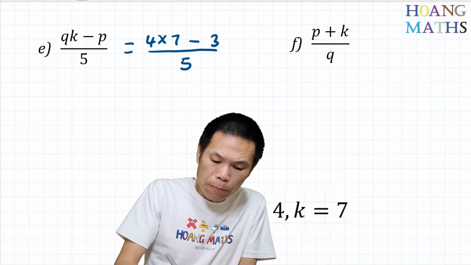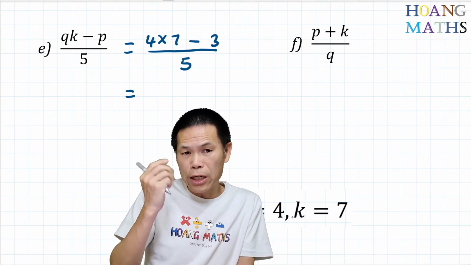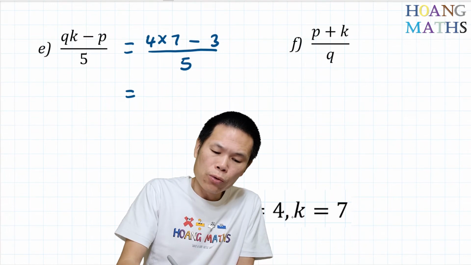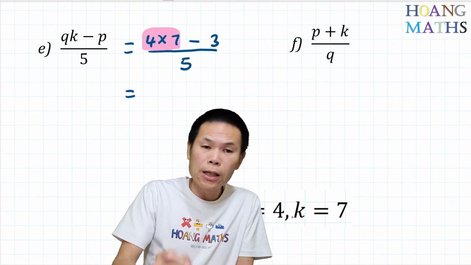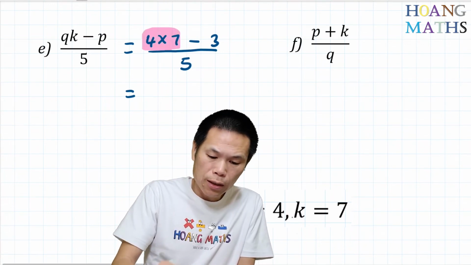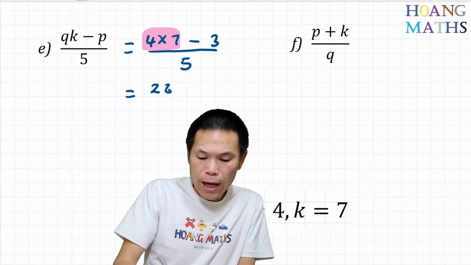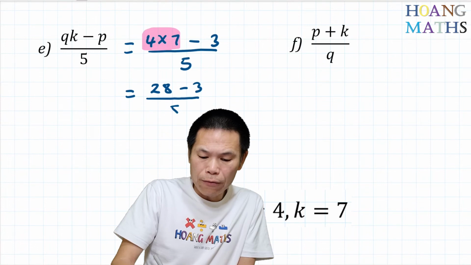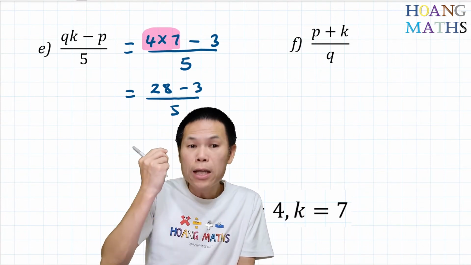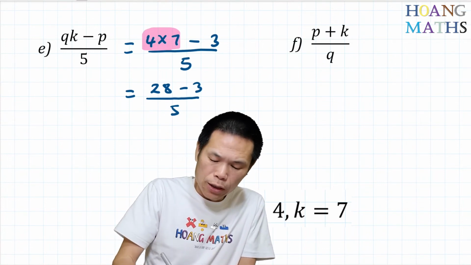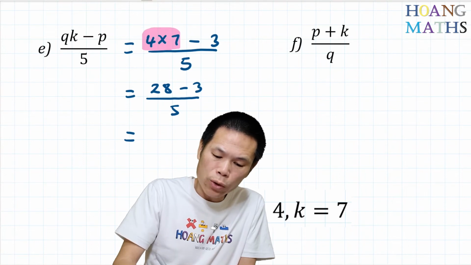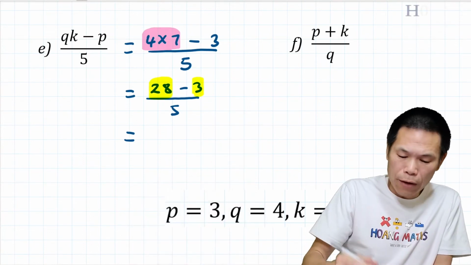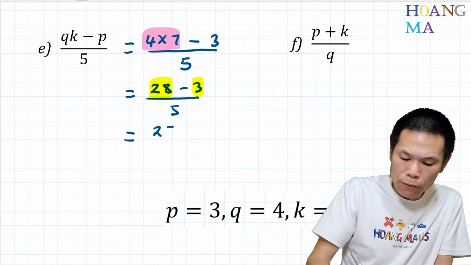So we just need to evaluate the numerator first. That is the top of the fraction. So we do 4 times 7 first. So 4 times 7 is 28. And then we minus 3 and over 5. Again, we need to evaluate the numerator first. Simplify if you like. So we have 28 minus 3. So that will give me 25. So that is 25